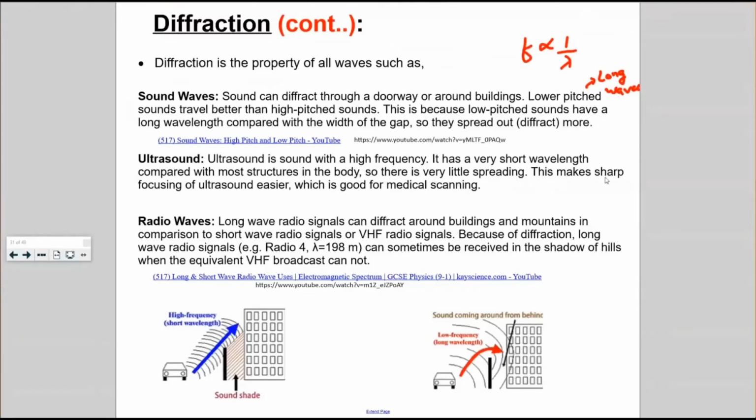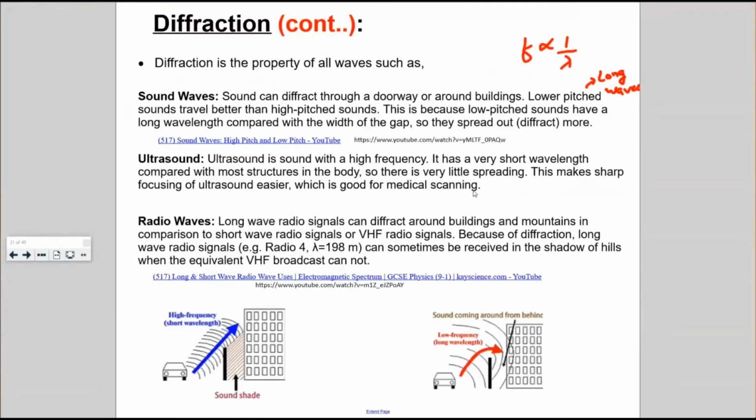So this makes sharp focusing of ultrasound easier, which is good for medical scanning, right? Ultrasound can penetrate into the human body or through the skin without getting diffracted, and the reflection of the sound is then captured, and then you can get an image of what's happening inside the body. So not only for checking the babies,